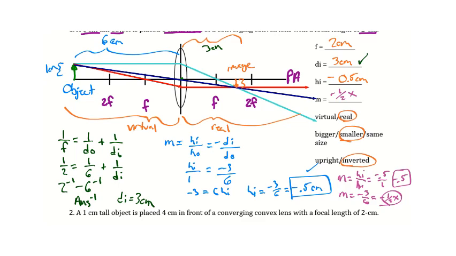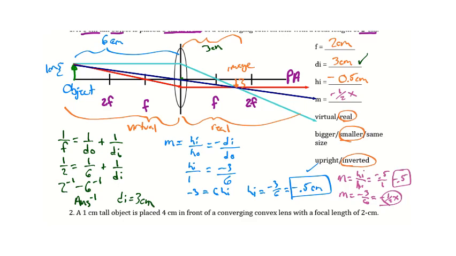So there you have it. We've looked at the ray diagram, which uses the 3 rules. A ray drawn parallel refracts through the focus. A ray drawn through the focus refracts parallel. And a ray drawn through the vertex of a lens moves through unchanged. And then we verified that with our 2 equations. The lens equation,